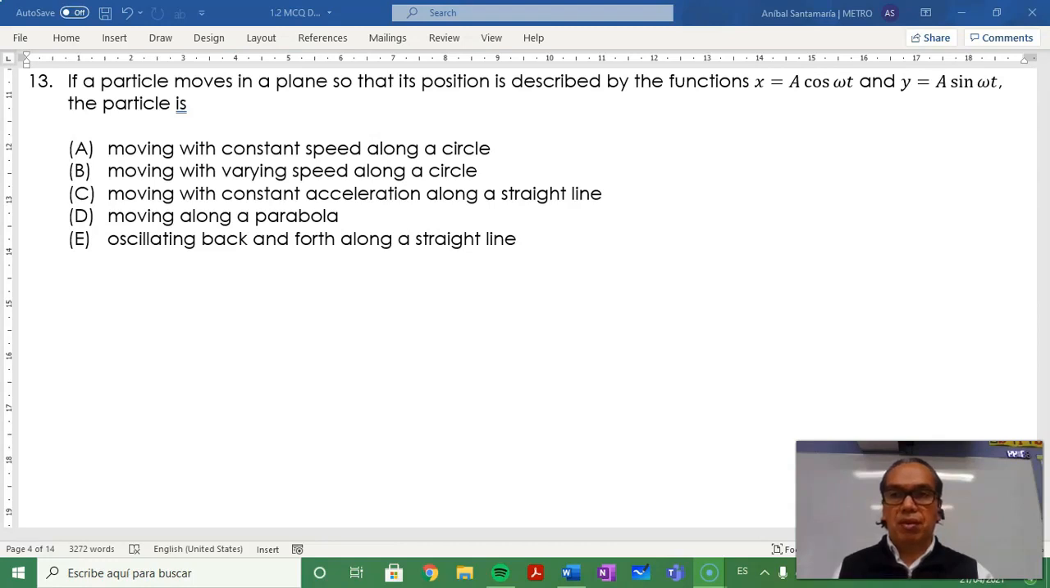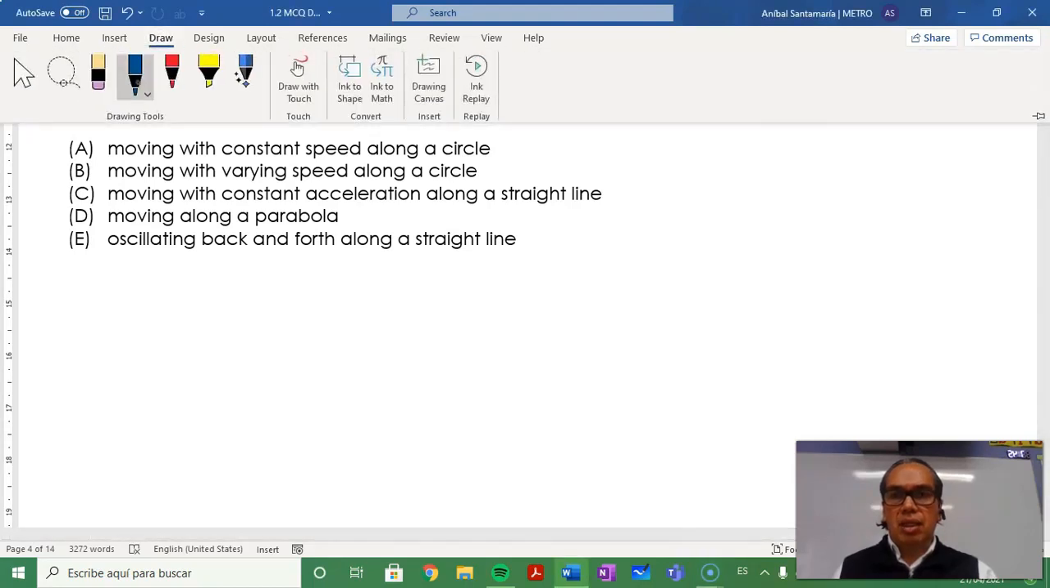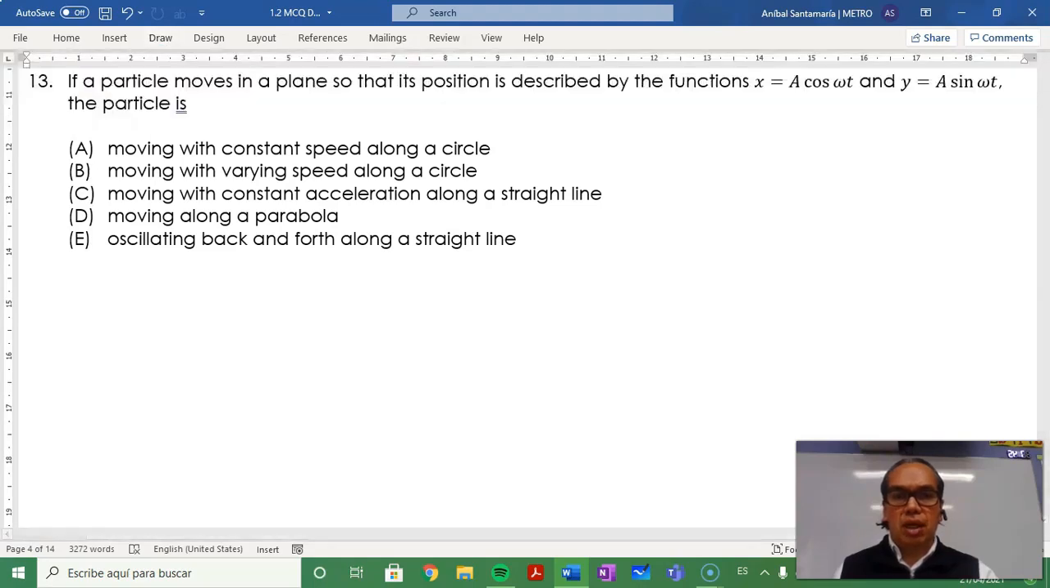13. If a particle moves in a plane so that its position is described by the functions x equals a cosine of omega t and y equals a sine of omega t, the particle is, well, if all of these questions are about speed, then you might want to consider the fact that the position can be derived to get the speed, so